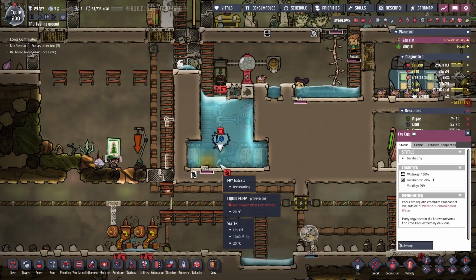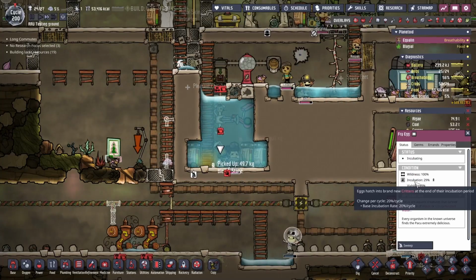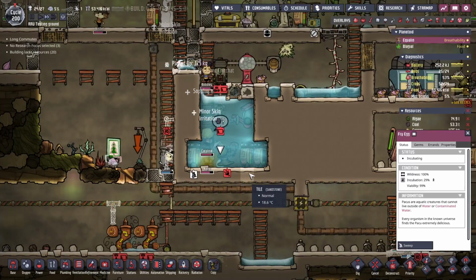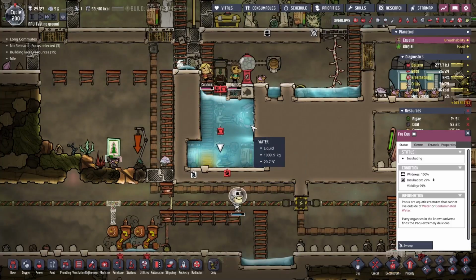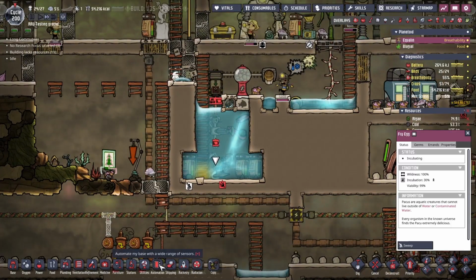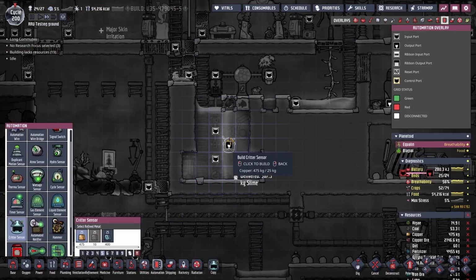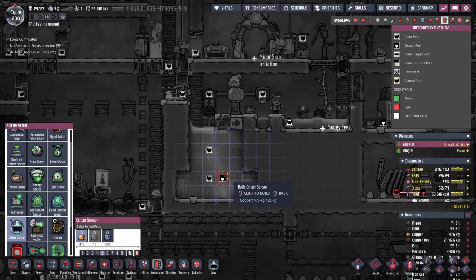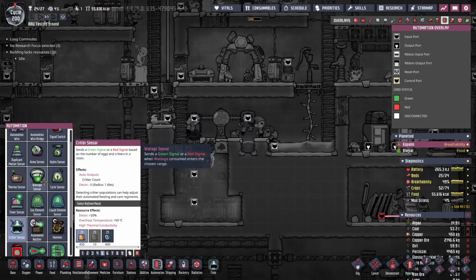Alright, so I've got one egg in here. It'll incubate eventually. It's already 30%, so it's up. I'm guessing it's about 3 cycles maybe for that thing to incubate. They incubate pretty fast. We'll feed him up here with the fish feeder. And then we will want to pick up other eggs and send them out, but we want to do that with a bit of automation. So we want a critter sensor here. Critter sensor senses the whole room. So we're going to put that there